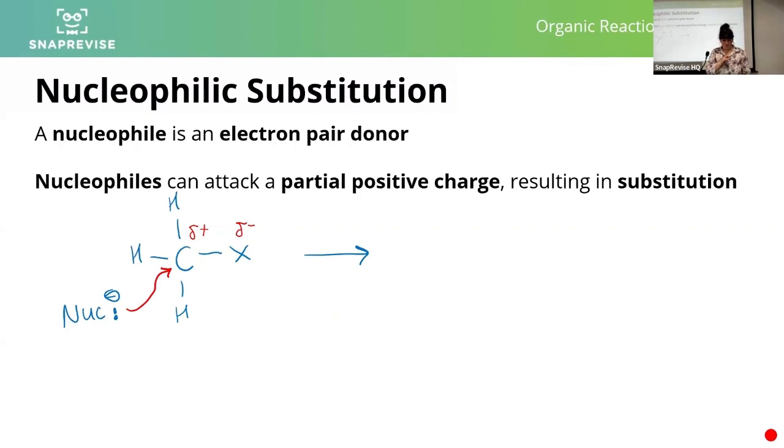So the lone pair on the nucleophile is going to be attracted to that partial positive charge. That's the direction in which the electrons are going to move. They're going to move towards the thing they're attracted to. That carbon can't have 5 bonds. It's got a pair of electrons that are being attracted to it, so it would form 5 bonds if something else didn't happen. So in this case, that pair of electrons in the bond is going to move away and towards our halogen. That means we end up with our